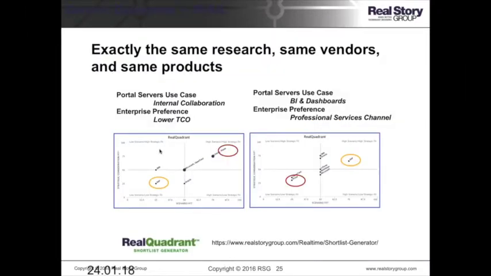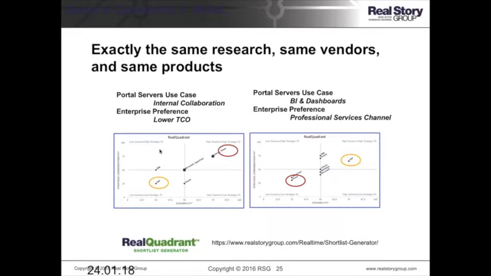It's interesting that different use cases can generate different shortlists. So this is using our custom shortlist builder. This is a portal example, but it could apply to WCM, where I have one portal use case that has Clone and Liferay in the winner quadrant and SAP in the loser quadrant, but then I have a very different portal use case that has them reversed, with SAP in the winner quadrant and Clone and Liferay in the loser column. And it was because I was trying to do different things with that portal.